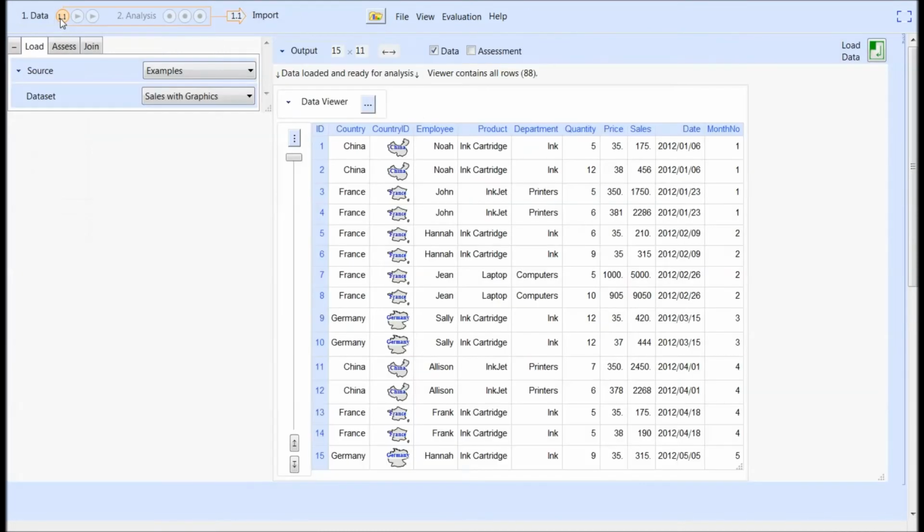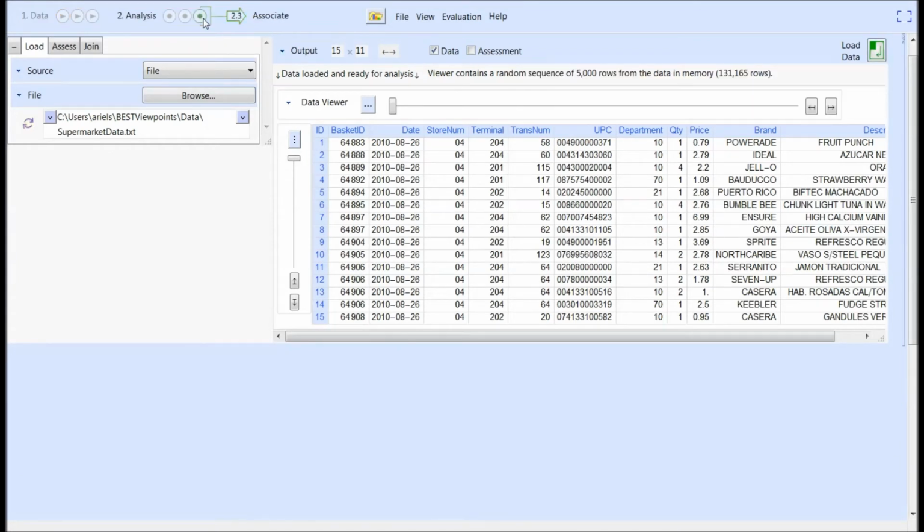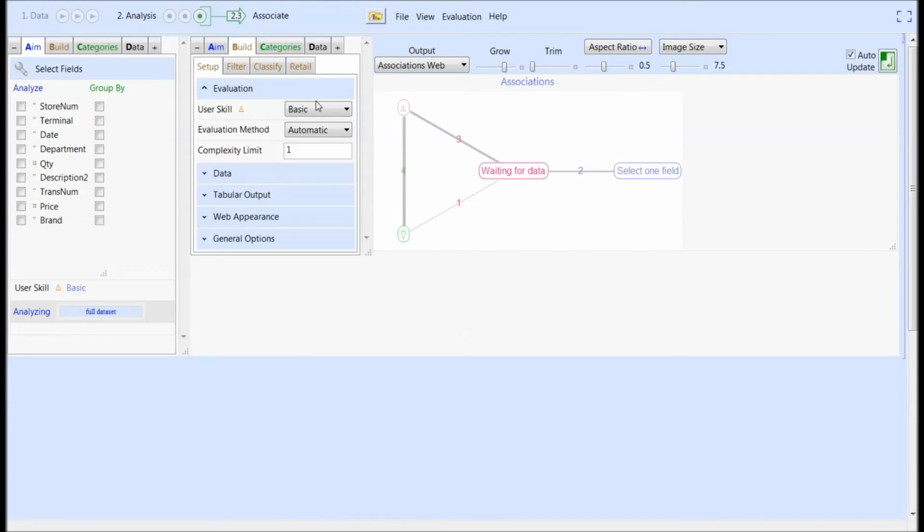Okay, let's take a look at section 2.3. First, let's load a data set of, let's say, for example, supermarket transactions. And then you're going to go back to the interface. And for example, we would like,